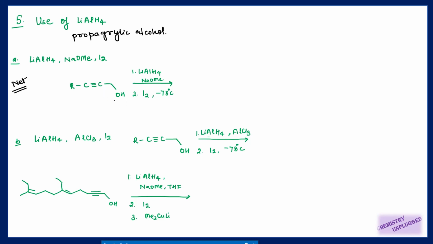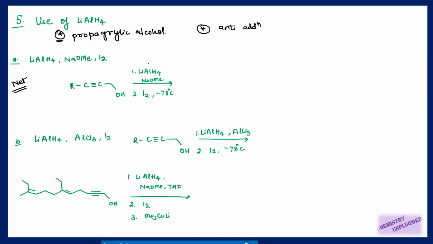Or we can use an NH2 group here also. In the presence of NH2 it can also show reduction. Lithium aluminum hydride can show reduction. So the first important point is that mostly this reaction is observed for propargylic alcohol. The second important point is there is anti-addition. There is anti-addition of the electrophiles which we will use in this reaction.